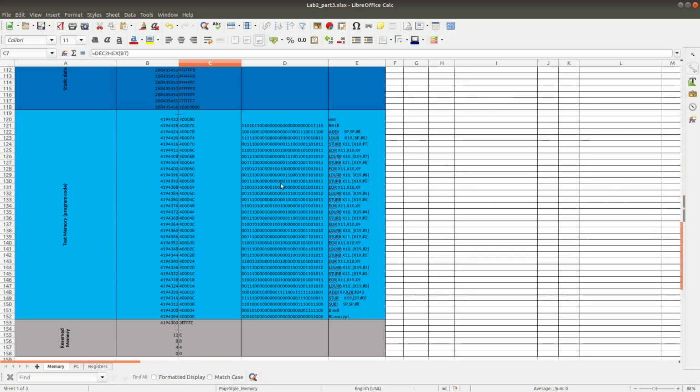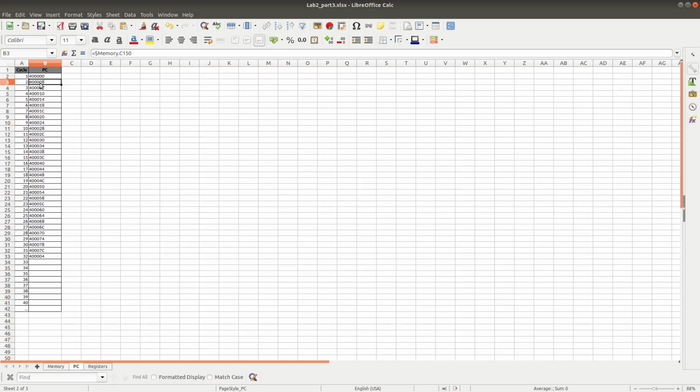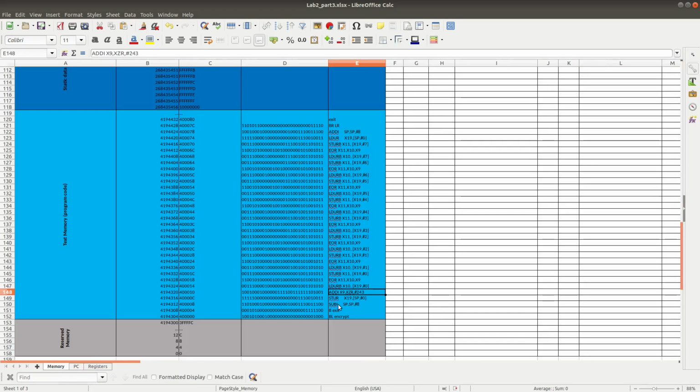And then after this instruction, we move to SUBI x9, x0, #243. It is completely the same as what we did in part 1, so I will not go into detail, but of course PC will change after this procedure call instruction.